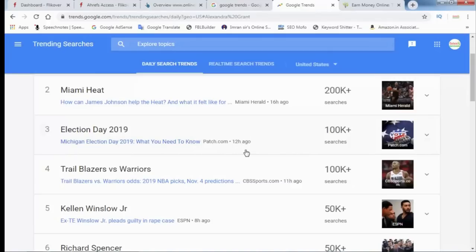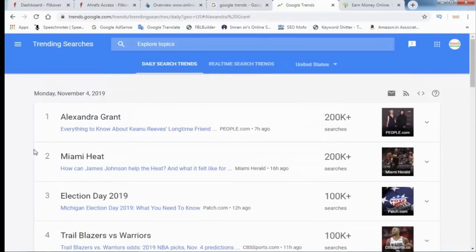This article was published 12 hours ago, and you can check 100k searches of this keyword, and many articles are ranked on it. So you can write content on a trending topic. Any keyword you can target, and you need to write an article.